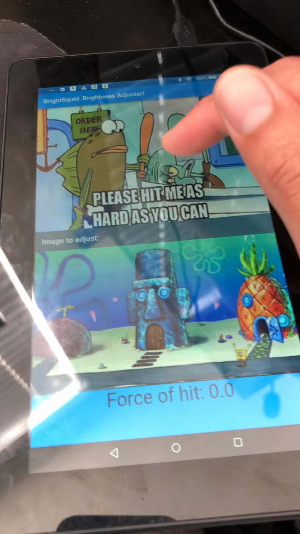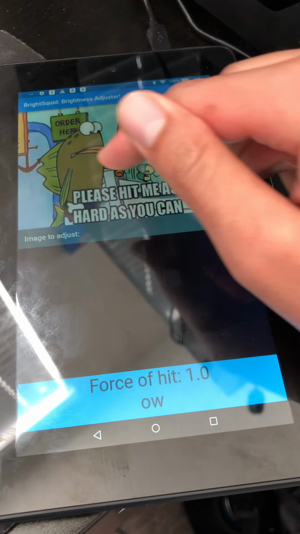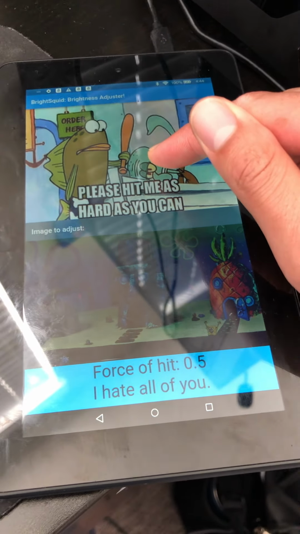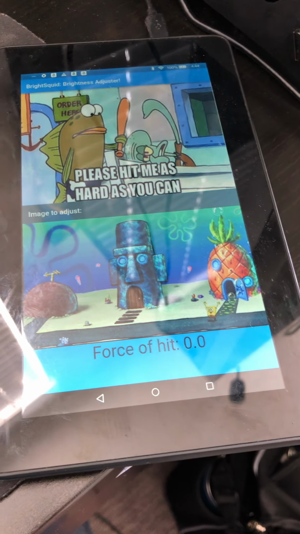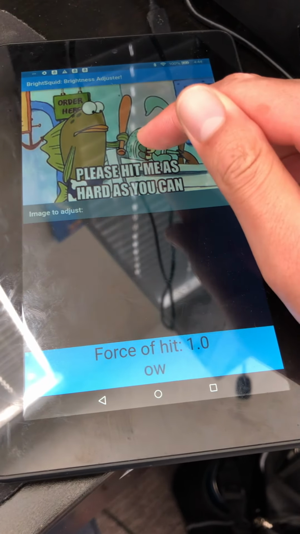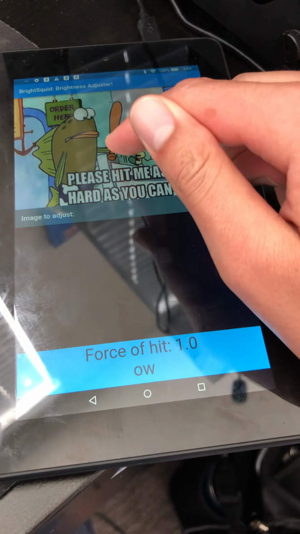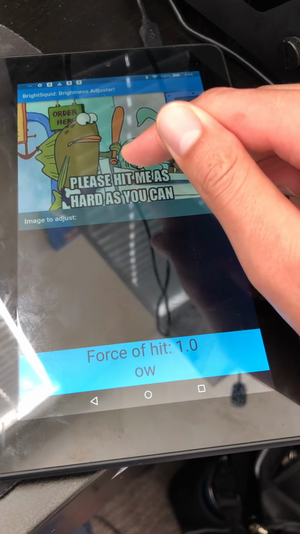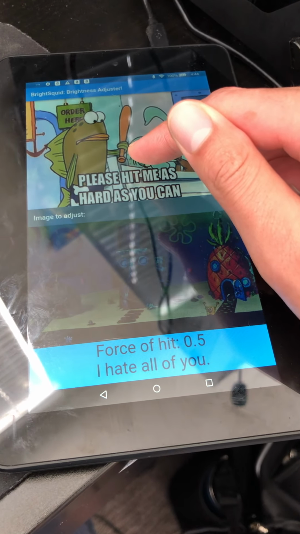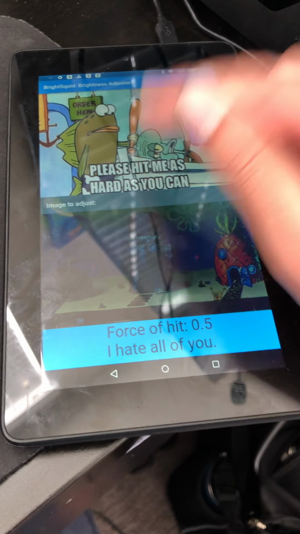Oh, and there's one other thing that it does. If I hold this for a while, or if I'm sliding, it turns gray. And I will explain that in a minute. So the two things it does: darkens the image completely, or if you hold it long enough, darkens the image halfway. And the moment you release your finger, it stops.